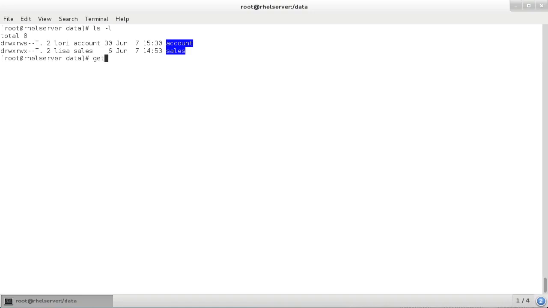I didn't set any access control lists yet, but I want to show you what it looks like. Basically, it shows the same info that ls -l shows. So the file name is account, the owner is Larry, the group is account, and there are some flags which are set group ID and sticky bit. And here we can see the permissions of the users and the groups and others.